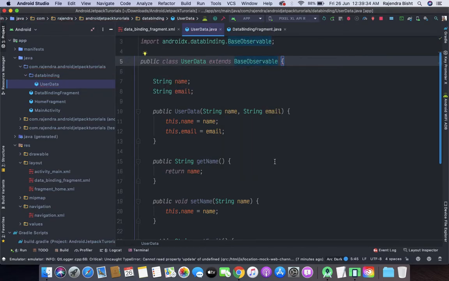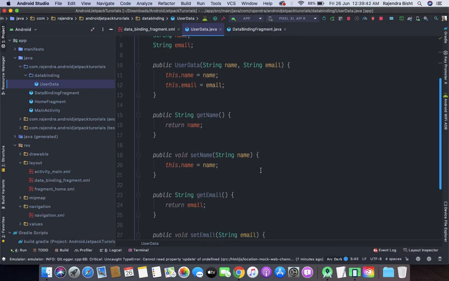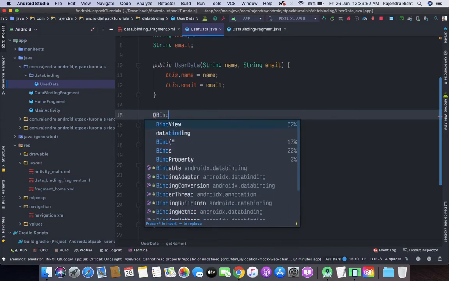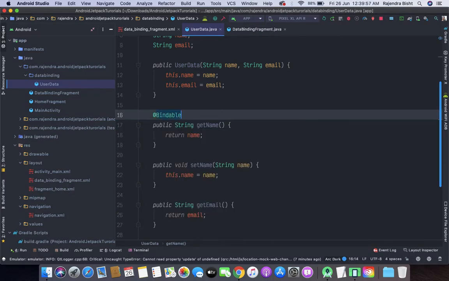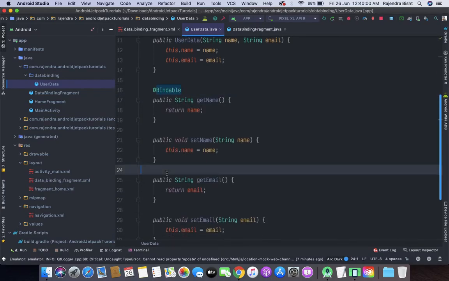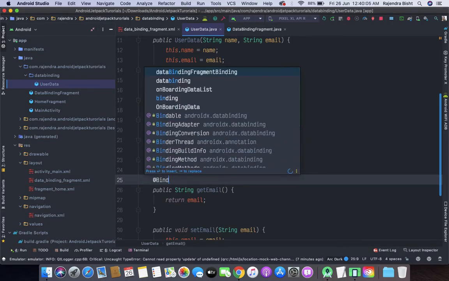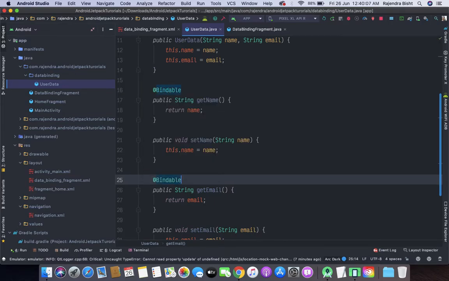Now in the getter we will add the annotation @Bindable, on getName and getEmail.